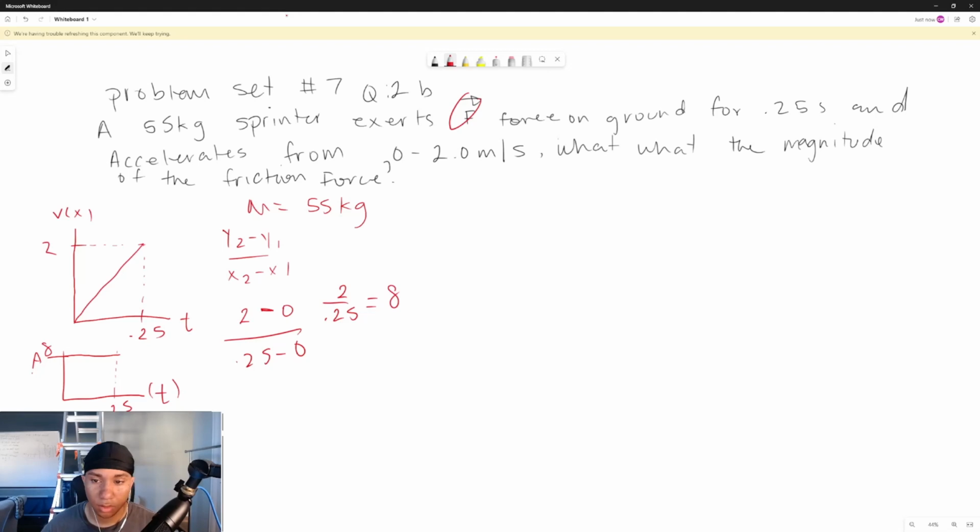In order to find the force using this method, you would just multiply by her mass, because this is the acceleration graph. We know that force is equal to mass times acceleration, right? So we already have the acceleration graph. If we multiply by mass, we get the force graph. So we would multiply by 55 kilograms, and 8 times 55 is 440. The force she had to produce in order to go from 0 to 2.0 meters per second in 0.25 seconds